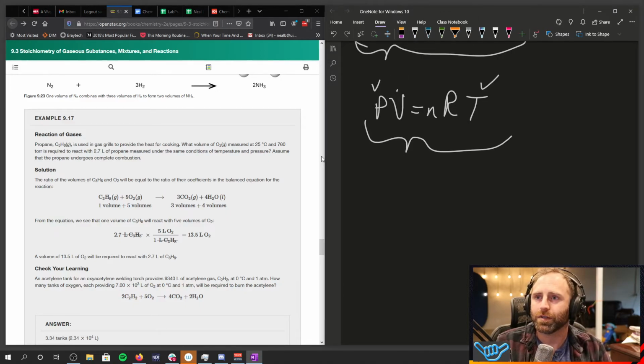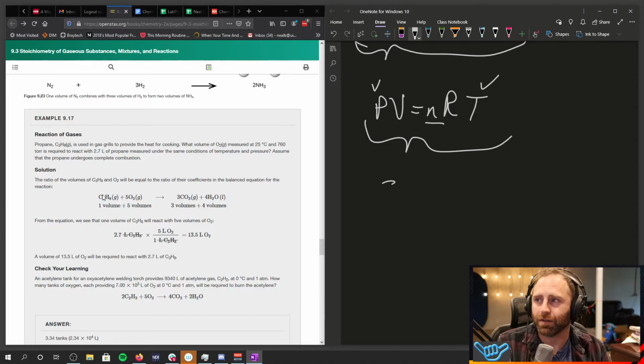If you know your number of moles of propane, then from your balanced equation you can say for every 1 mole of propane, it reacts with 5 moles of oxygen. And then you could take your normal stoichiometry stuff. So all this really is to say here in 9.17 is you've got a couple of different ways to do this. If you don't feel comfortable with the way that this problem is laid out here,